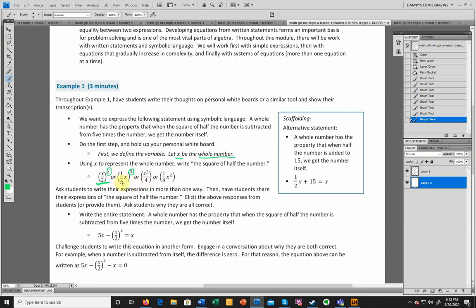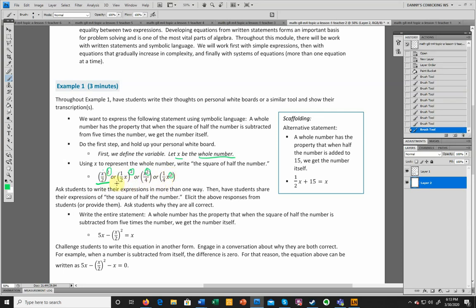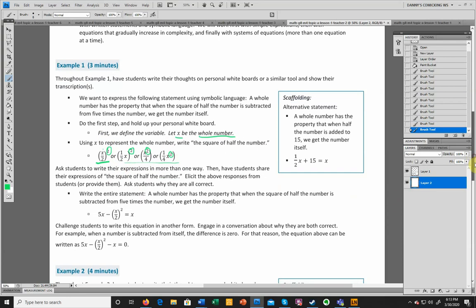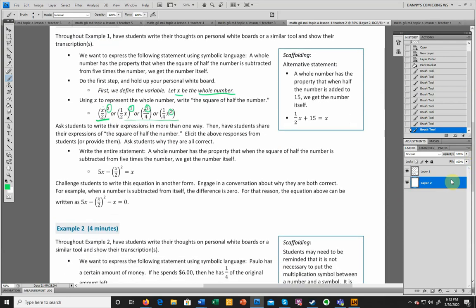Because if you square 1/2, the 2 is going to become a 4, because 2 times 2 is 4. That's the square of 2. Or 1/4 times x squared. All of these would be correct. They'd give us the same answer. Okay. The square of half the number, if you write the entire statement,